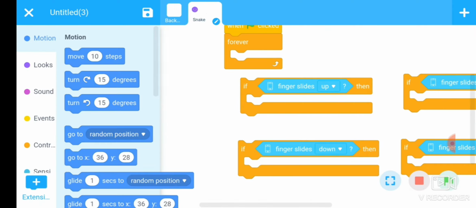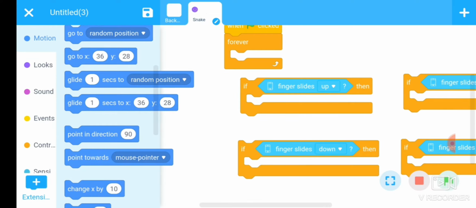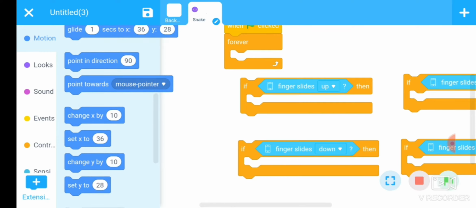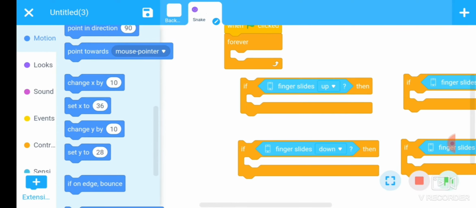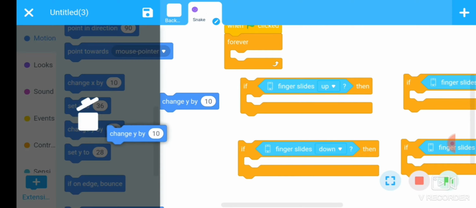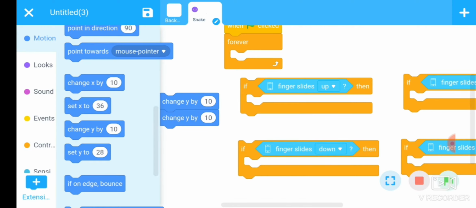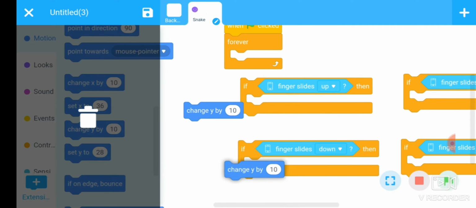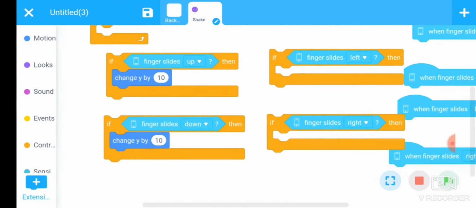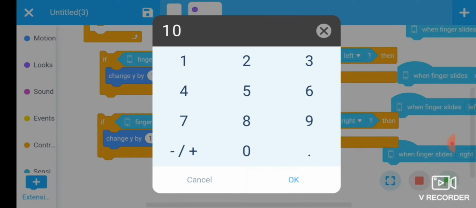Go to the motion section. Change y by 10. Choose this command. For up means plus y axis direction.